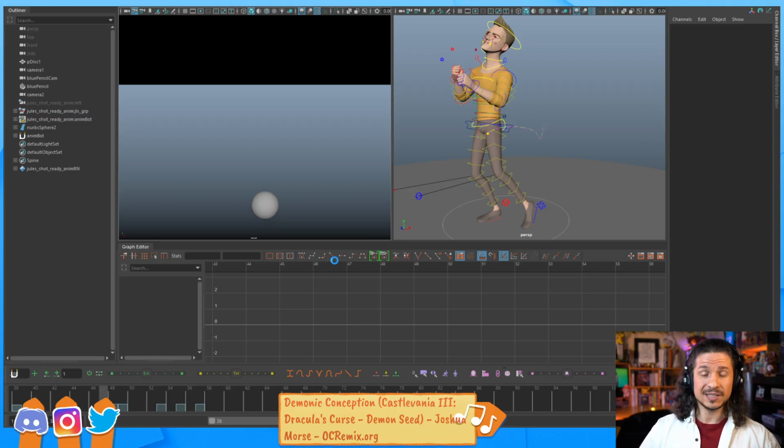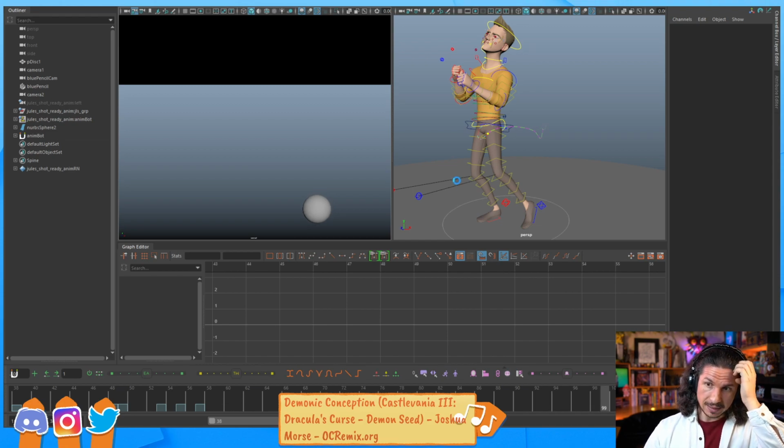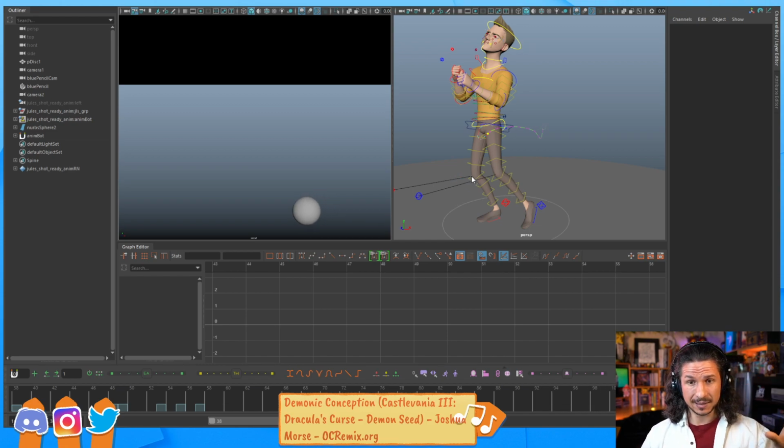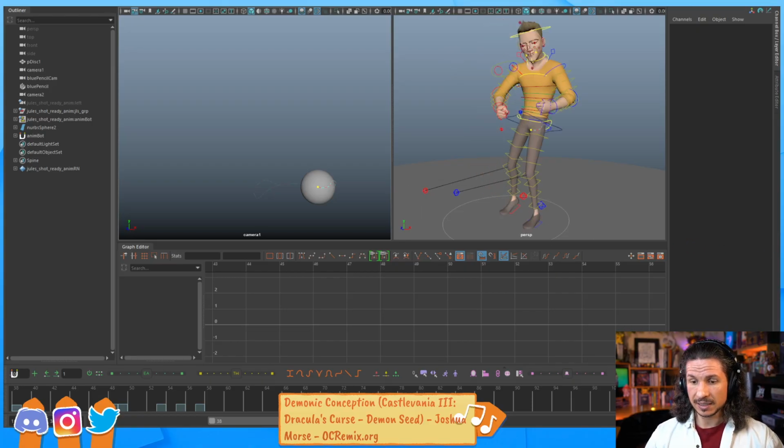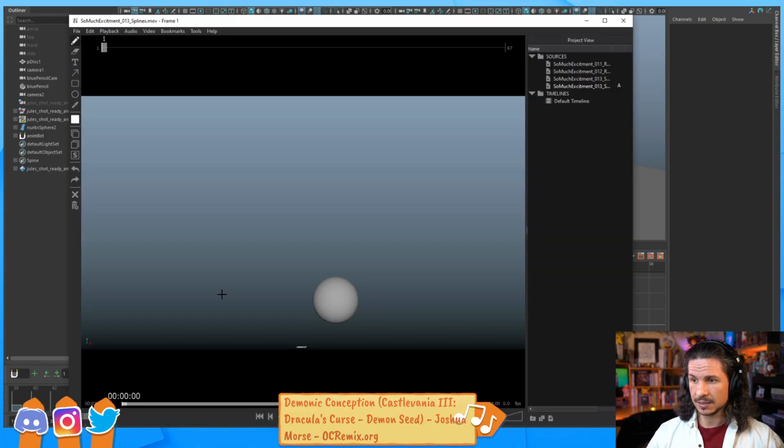Now, you'll notice I'm taking a lot of time on the hips. I did some time on the feet and some time on the hips. The reason I do this is because that's what's going to control everything else. If I can make sure that the hip feels interesting, and you'll notice that I always have my perspective view open, I'm not just hiding it completely. I want to make sure I don't break anything as I'm doing this. But if I can make sure that these look correct,